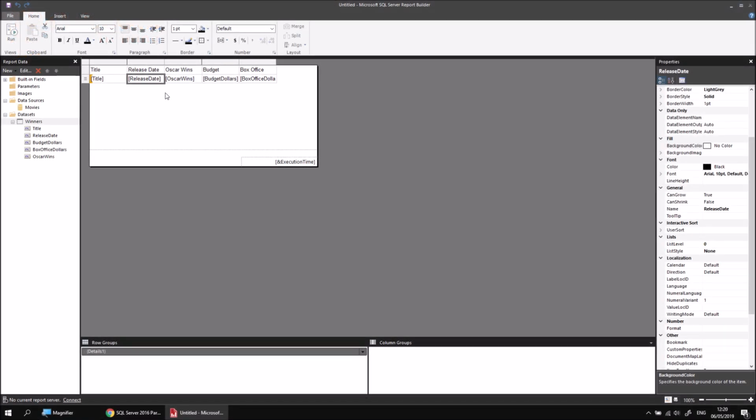There are three main ways to format any element of a report in Report Builder. The simplest but perhaps most limited is to look for a tool in the Home tab of the ribbon. So having selected the release date cell, I can find the number section in the Home tab of the ribbon, and there's a drop-down list which allows me to apply one of the bog standard default formats. So using this drop-down list, I can choose date, and then if I run the report just to check what's